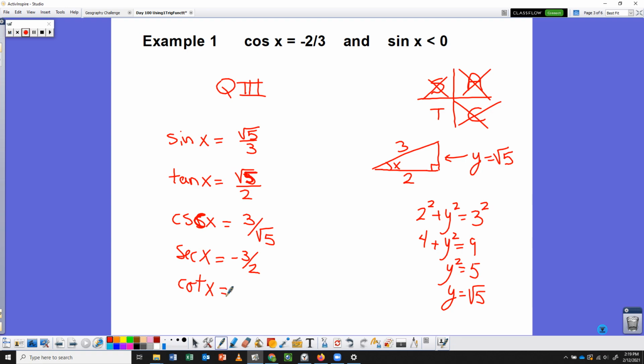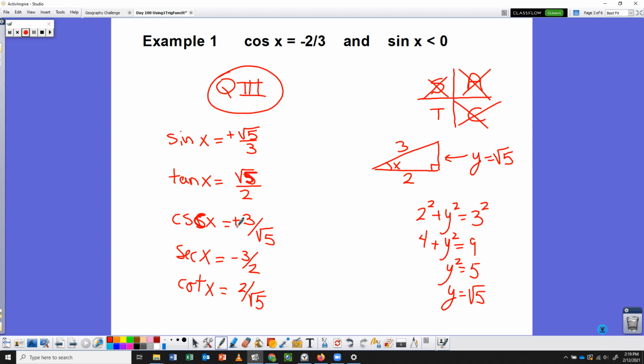Remember, the nice part about this is we do not have to worry about rationalizing denominators. So if we get a radical 5 in the bottom part of the fraction, we just leave it. Now, the one last thing that has to happen at the end of this problem is you have to go back and look at what quadrant you're in. We're in quadrant 3. And in quadrant 3, we know that sine is going to be positive, and therefore its reciprocal function of cosecant is going to be positive, but everybody else should be,